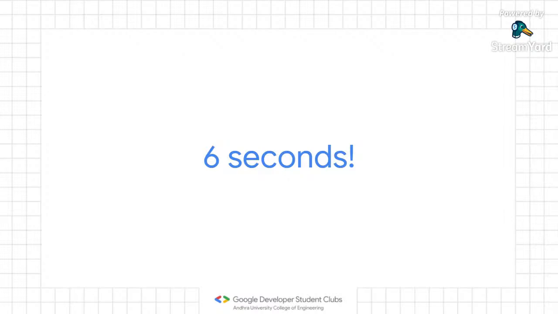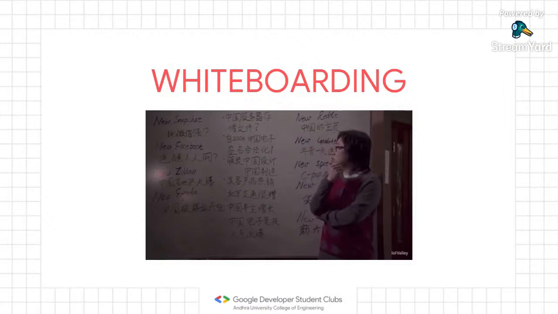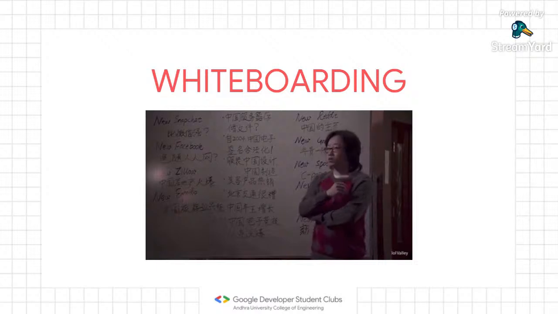So now, could you imagine what kind of highlights you should be giving in your resume, because your recruiter just goes through it for 6 seconds? So I will give you a few tips which will help you understand how to make a better resume. The first important part is whiteboarding. Now, what is whiteboarding? Take a pen and a paper, or if you have a whiteboard, well and good. Write down your